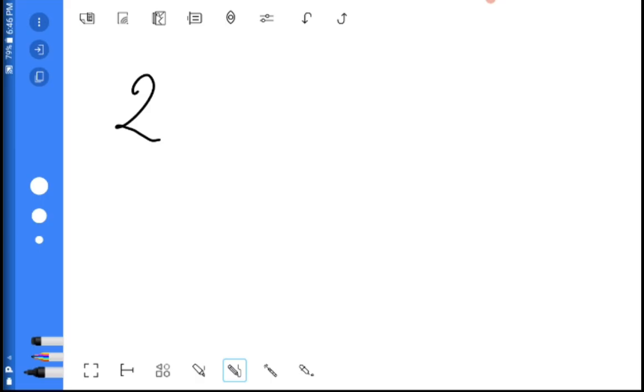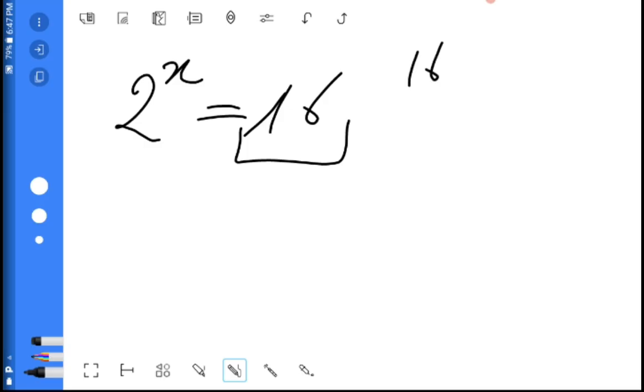Find the value of x in the equation 2^x is equal to 16. So solve this equation. Now I want you to know that if 2^x is equal to 16, you can write 16 as 2 raised to a certain power. Now you know that 16, all right, 16 is the same as